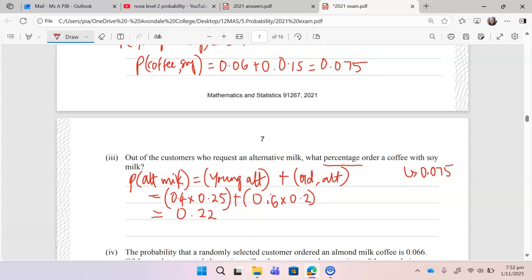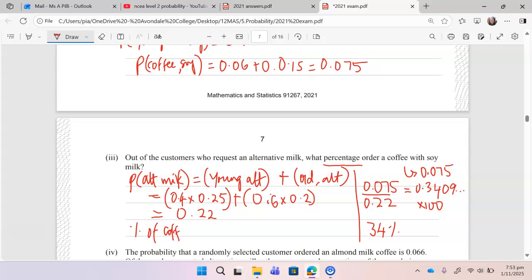So out of all of these people, how many of them order a coffee with soy milk? So 0.3409, rounding up. So multiply that by 100, gives us 34%, rounded, of course. So just remember to put that into a sentence: percentage of